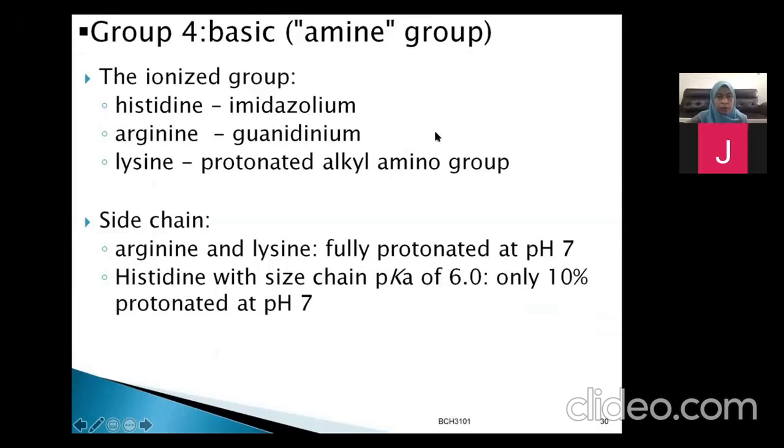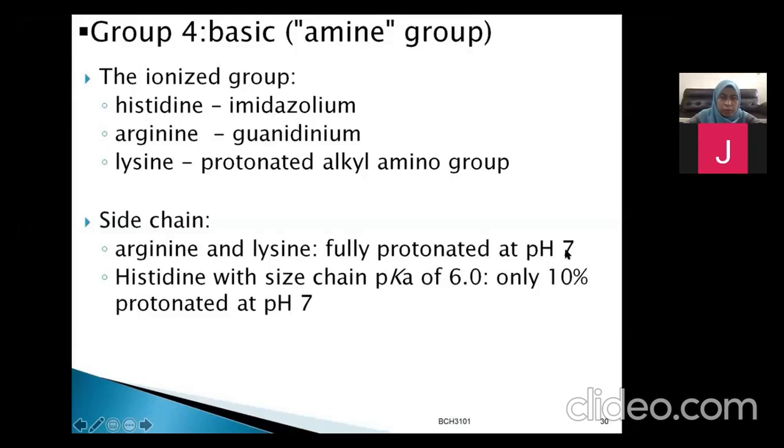So what is the use of the imidazolium ring? Later we will discuss during your enzymology next semester. We can purify the histidine, His tag protein, using the imidazolium. So for arginine and lysine, the side chain is fully protonated at pH 7. Either it is fully protonated or deprotonated,